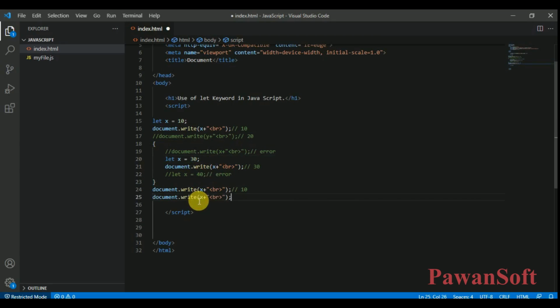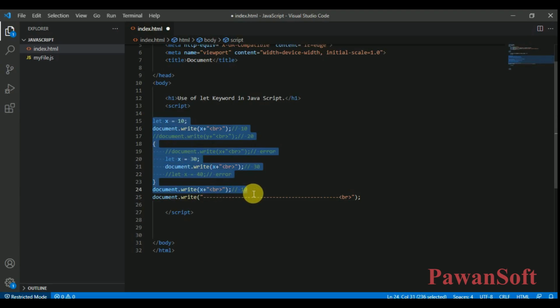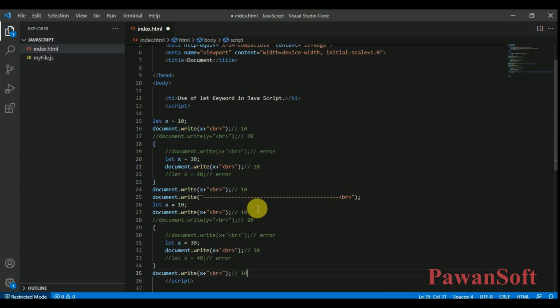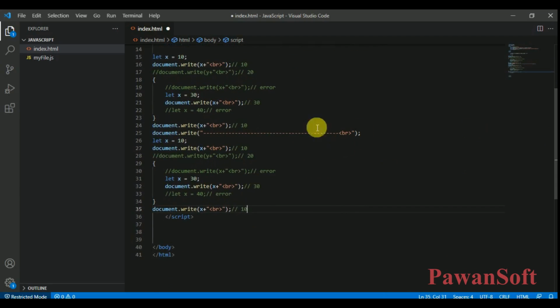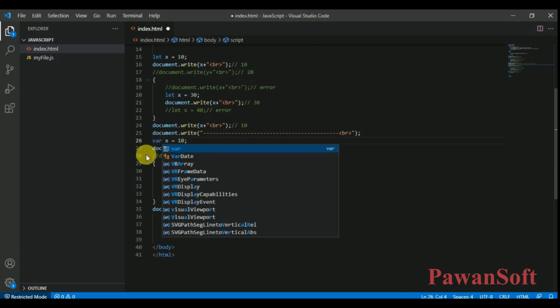But let's see one example. Let's copy the same example, and I'm going to show it using the var keyword, right? Let's declare it with the var keyword.